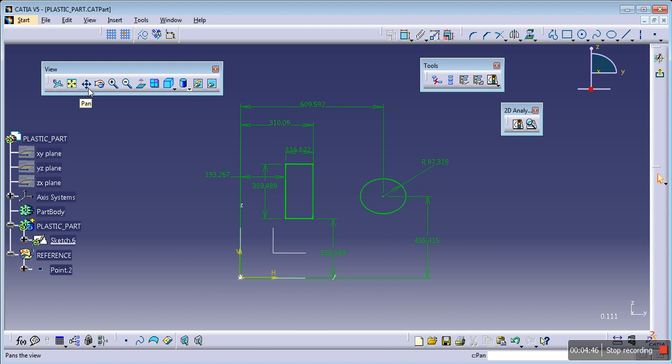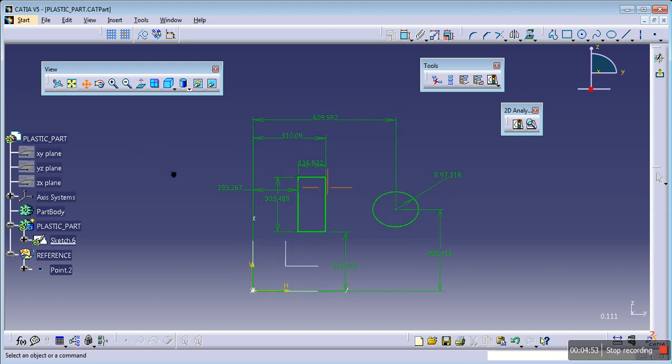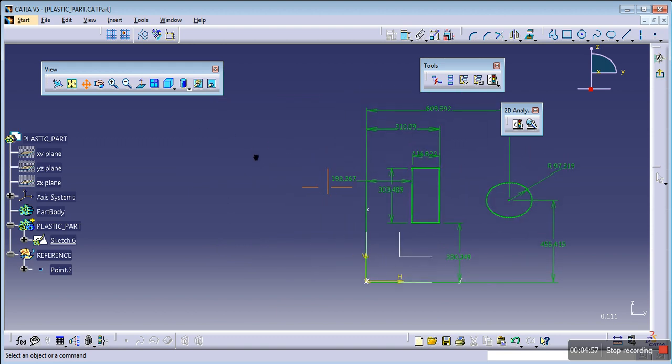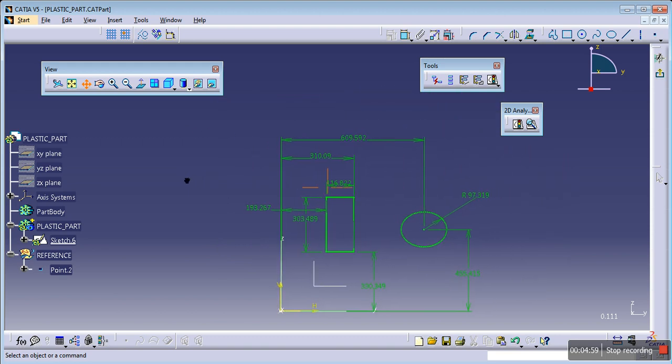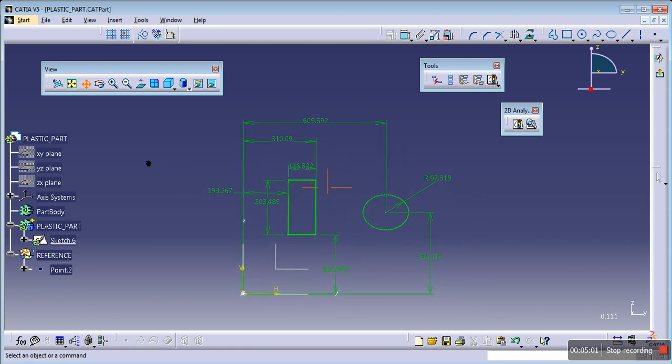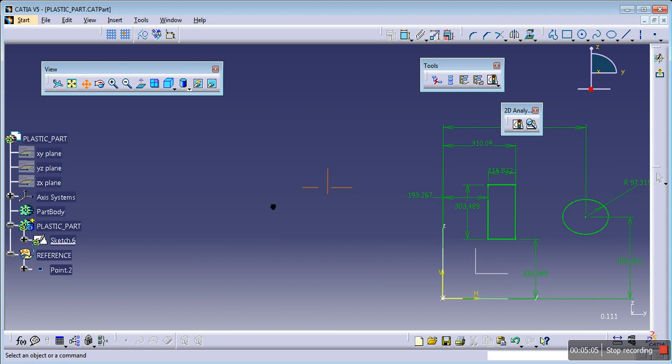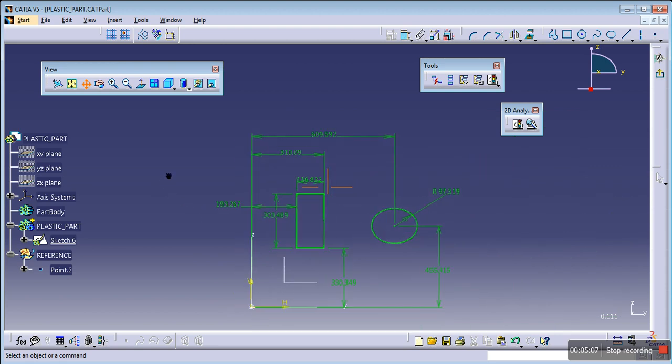In the pan option, you need to click on pan and click on the workspace, then press and hold the left button of your mouse and you can drag and move the design. This is the pan option.